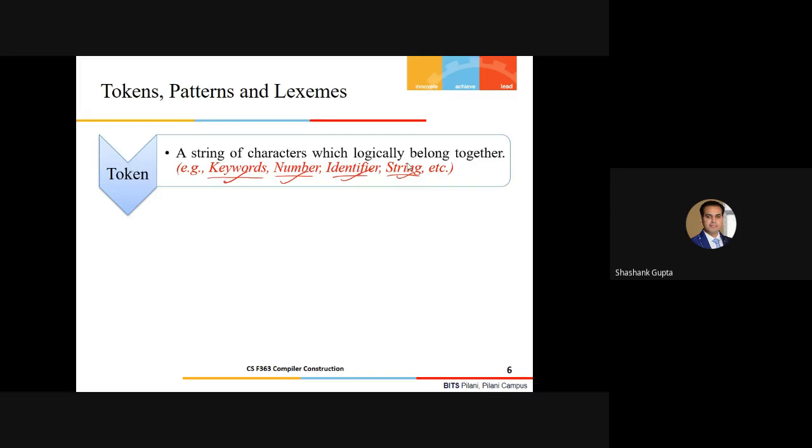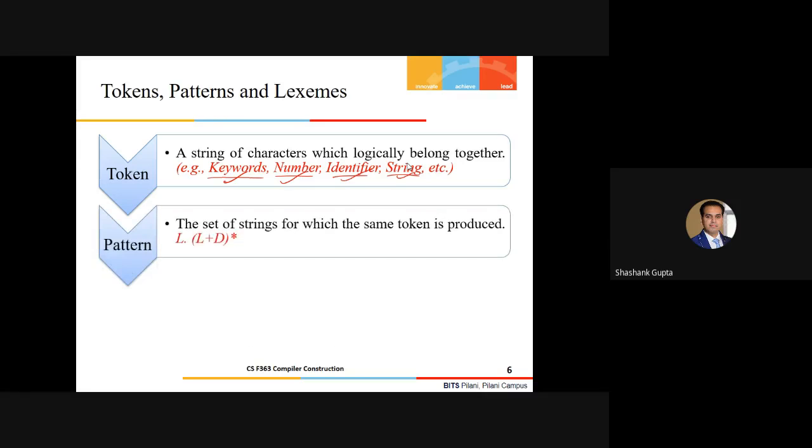Fine, students. Similarly, I have certain rules and patterns which facilitate me in estimating these tokens here. The formal definition of a pattern is the set of strings for which the same token is going to be produced. Like I have written one frequent example, where L stands for letter and D stands for digit.